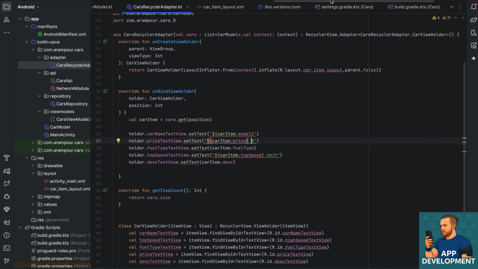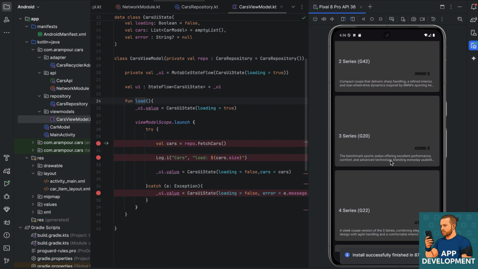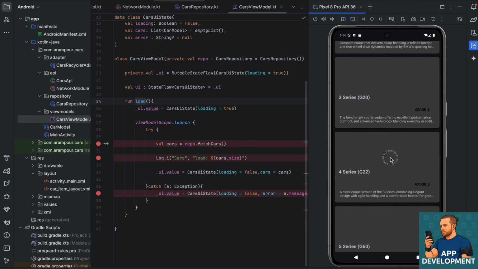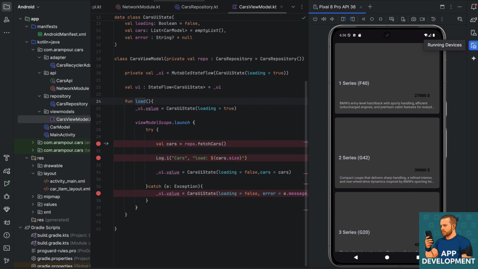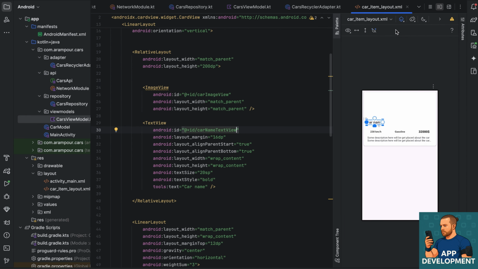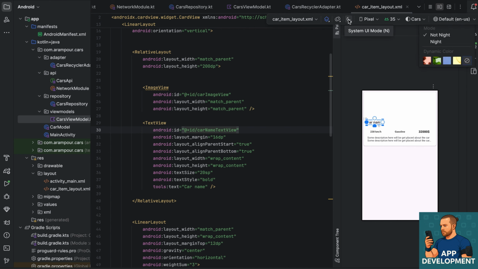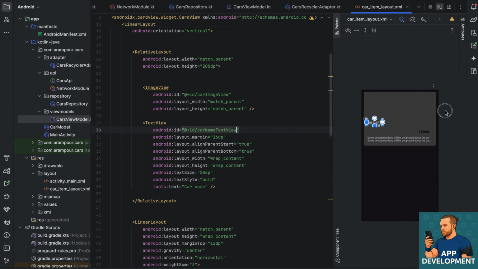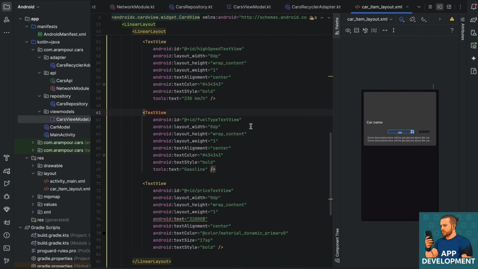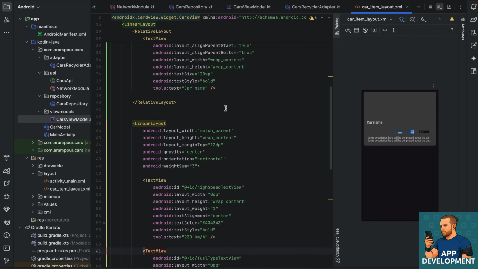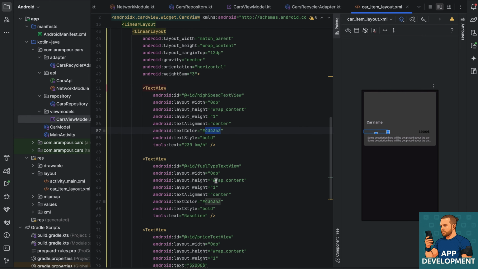And let's run it and see what we have here with all the data, but I don't see any text here. Let's find out why. First of all, because we have dark theme, and when we are building our layouts we are not on dark theme, so if we want, we need to change it to dark theme. And you see in the dark theme this got disappear. So it's about the color, and this is not the correct way to set colors. We need to